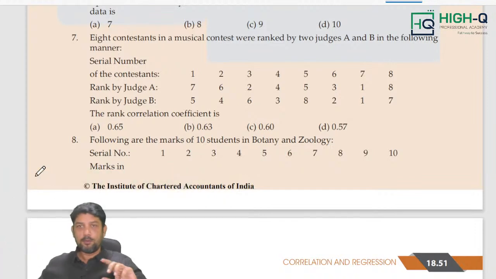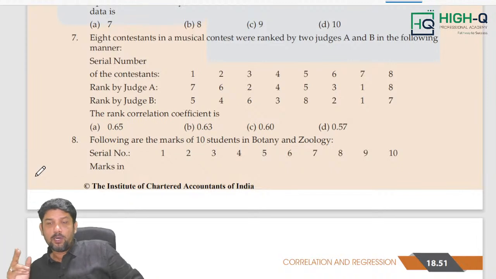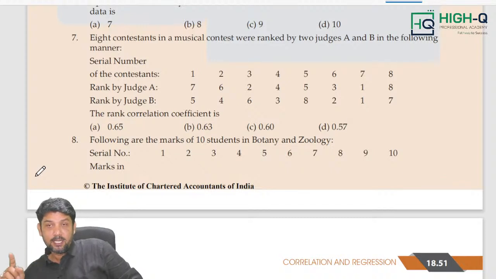Okay, whatever problems we have in standard deviation, please prepare them. All the questions from mean and standard deviation are to be prepared. What about quartiles, quartile deviation, mean deviation, range and all, what to do, sir? Please listen here, my dear. Of course you have to prepare those things, no problem at all, but still mean and standard deviation